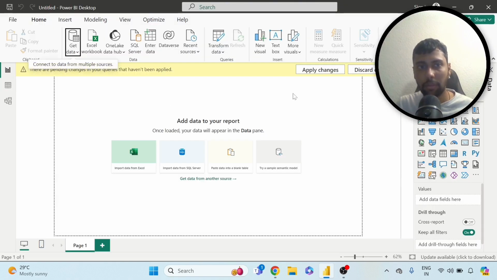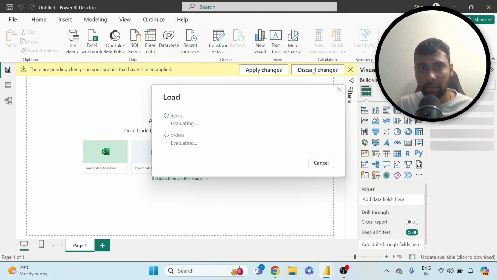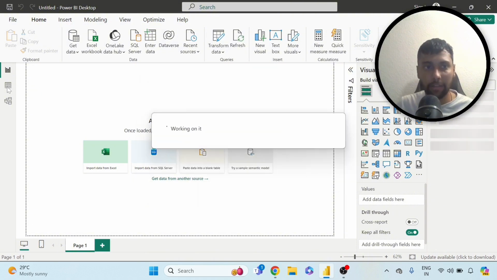Okay. So now I'll have multiple data sources, and it's loading, right? They're all getting connected to the model. Let's give it a few seconds, and there are no relationships that I've created. As you see, both the data is independent. So now if I go and see